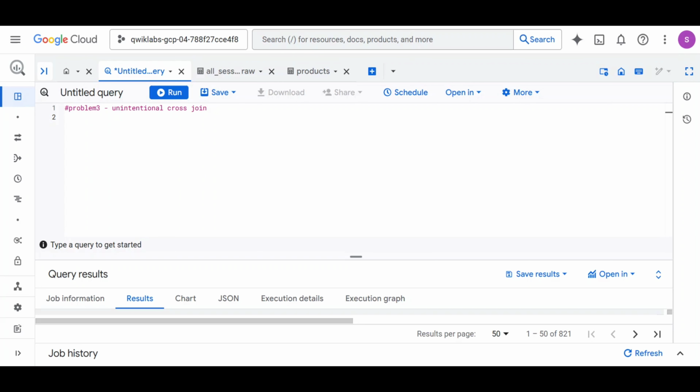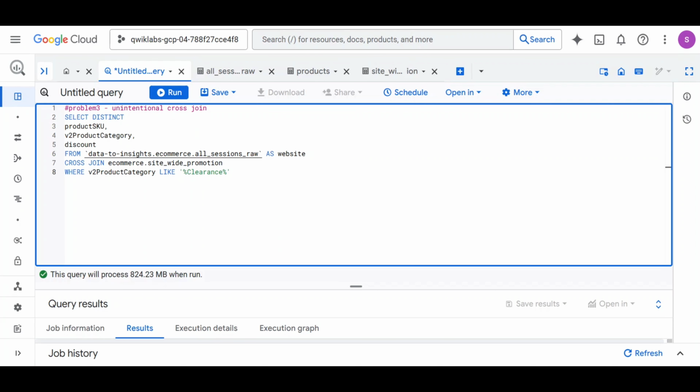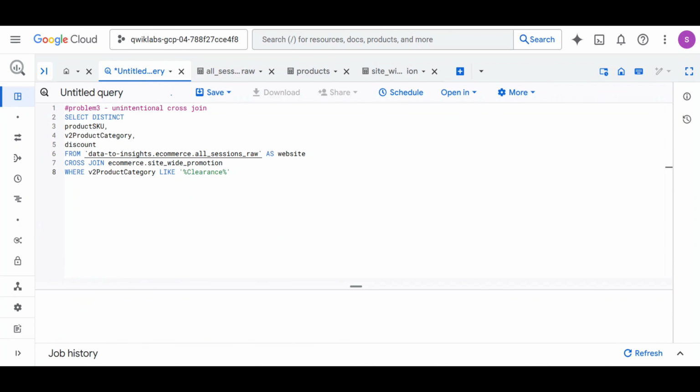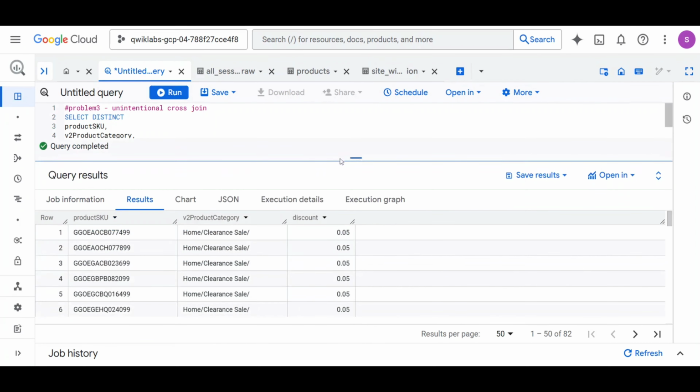So there's a trouble with cross joins, because you can unintentionally have the wrong result. So in this example, we want to create a table called site-wide promotion, and we just want to fill up that table with one column called discount, and it's just going to have 5%. So once we create that, the next thing we want to try is to find out how many products are in clearance. So we want to select distinct product SKUs and product category, and then the discount we just created. So if we did a cross join,